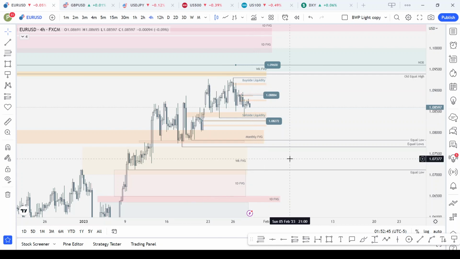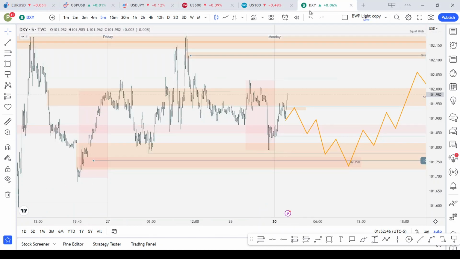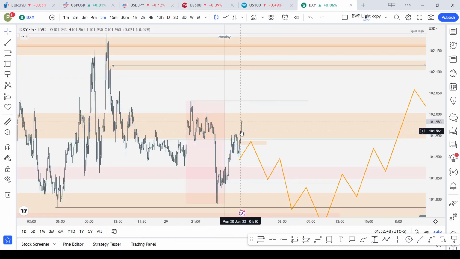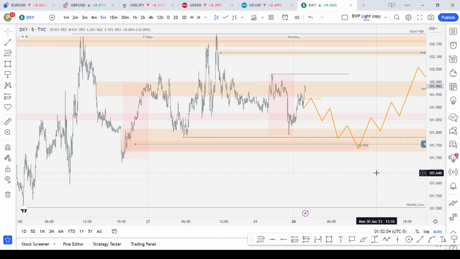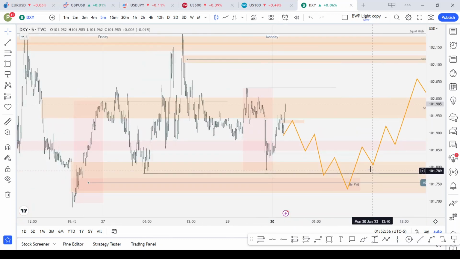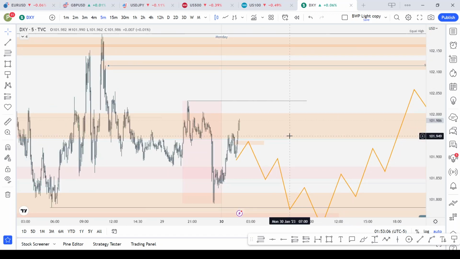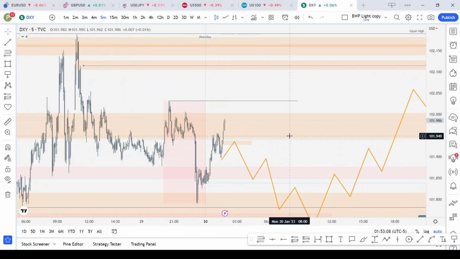DXY is looking like it's not going to. DXY is looking very bullish. Okay, I think it will turn this into, so that means no discount level. I was hoping that when it drops here, then we get a little bit of rally on EU and GU where I'll be able to sell shorts at premium. That is what I was really hoping for, but right now it's looking like